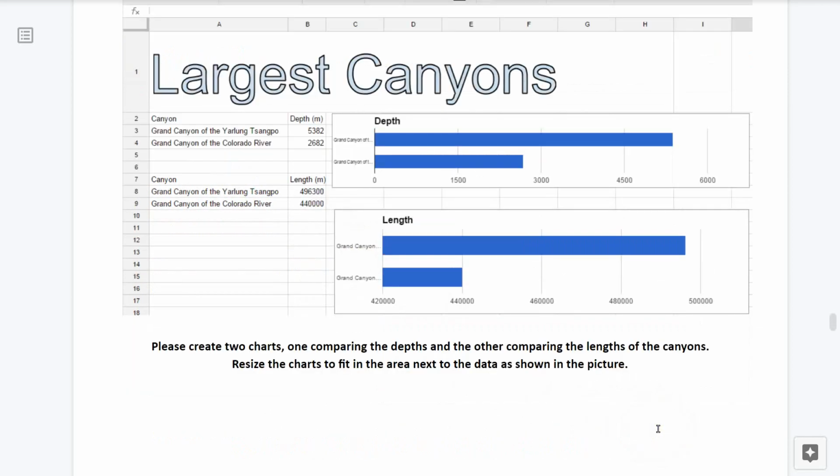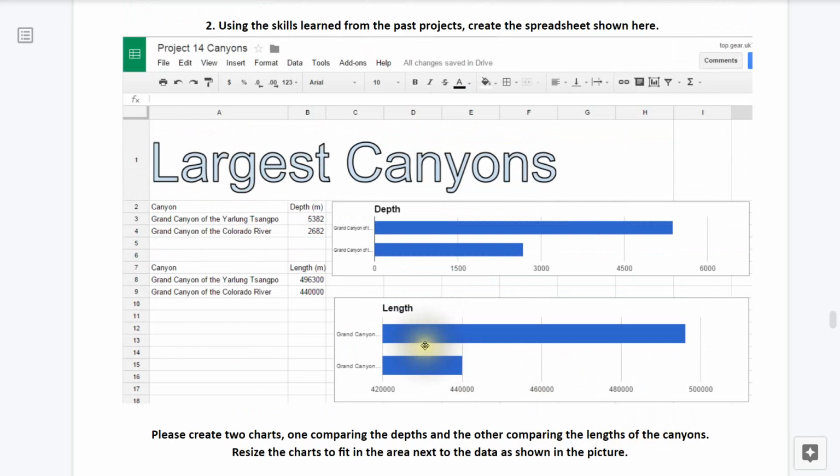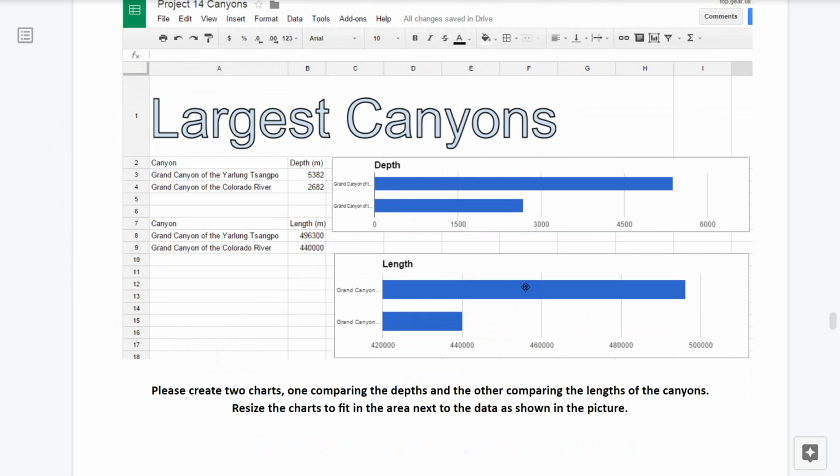Please note there are two charts, one comparing the depths and the other comparing the lengths of these canyons. Resize the charts to fit the area next to the data as shown in this illustration. So go ahead and enter in that data and hit that space key there to pause the video. Once you're done, hit the space key again to unpause the video.